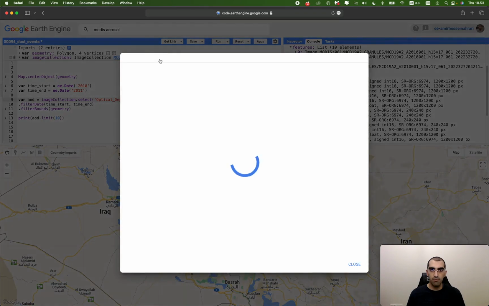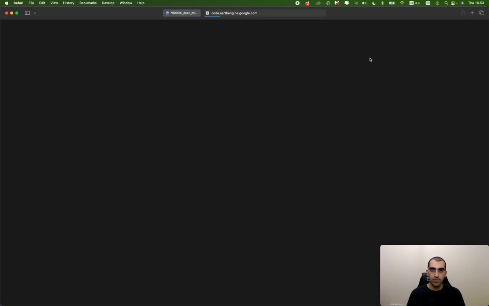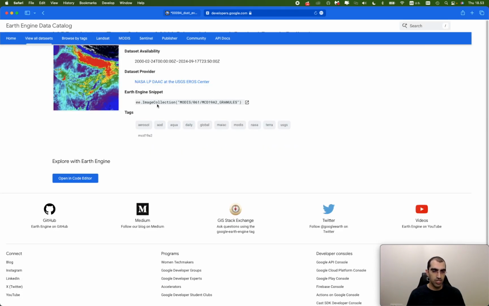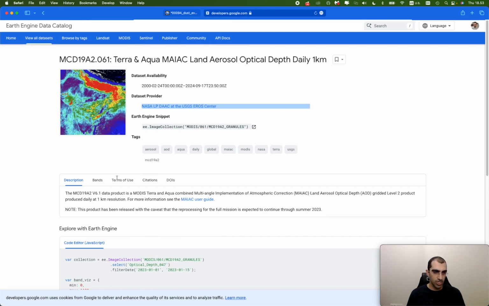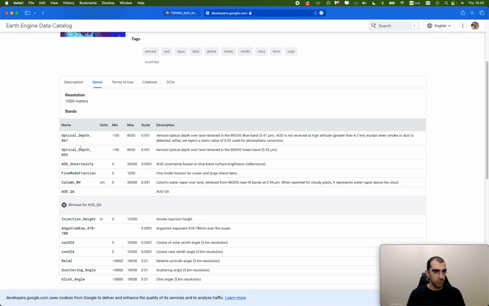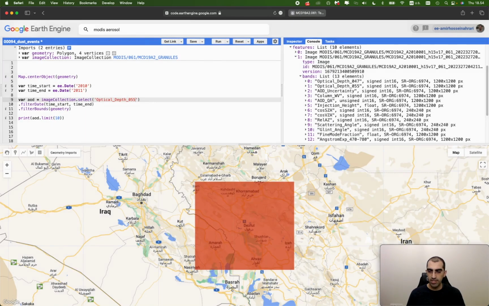If you want to check more information about the data characteristics and dataset availability, go to the data link and open it up in a new page to check for more possible information. As you can see, this is the Earth Engine collection. If you go to the bands with 1000 meter or 1 kilometer spatial resolution, this data is available. The target band is optical depth 55 micrometer, and here there is a scale factor 0.001 that should be multiplied on the data. So here we must make a